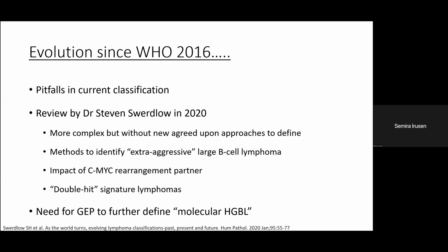And even the WHO mentions that cases with a c-Myc amplification and a concurrent rearrangement probably will do as badly as a classic double hit lymphoma, but that's not enough to classify it this way. And then even just looking at rearrangements, which rearrangements matter? So we talk about a c-Myc, BCL2 and BCL6 rearrangement, but a very important study showed that c-Myc rearrangements